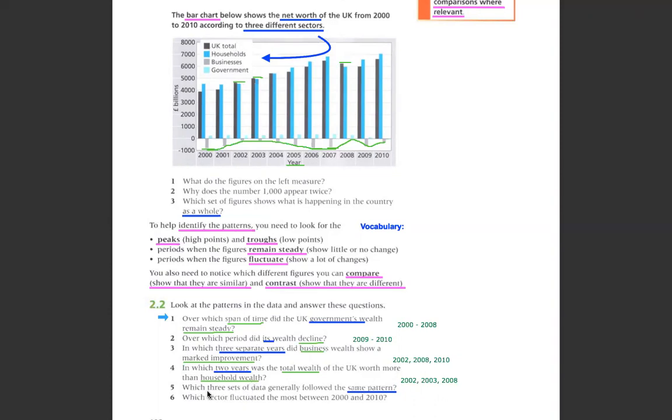Number 5 says, which 3 sets of data generally follow the same pattern? So here are the sets. Which of these generally show the same pattern? So for this, we can draw a line. So from the blue, goes down, increases, goes down, increases. So this is the pattern for the blue. If we have a look at the black one,